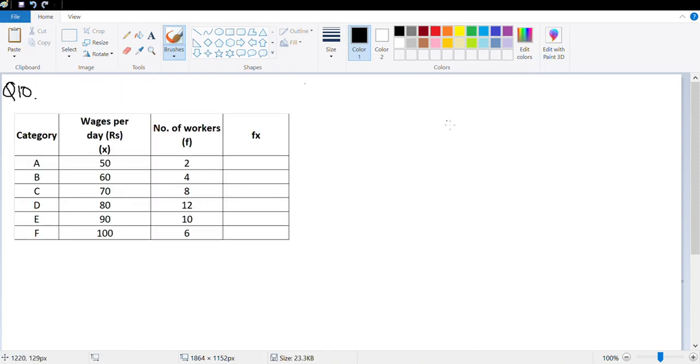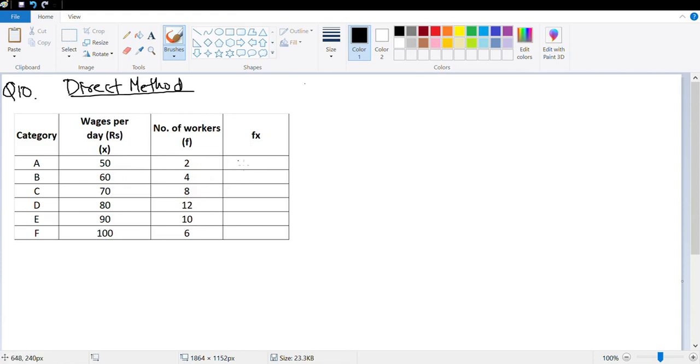The next question we solved is question number 10. So let's look at question number 10. Question 10 says, from the data given, calculate the mean wage correct to the nearest rupee. So let's look at this question. Again, we'll use the direct method. So till now, like I said, there are 3 methods. This one is the direct method. First, the category is just given, the wages, which is x, the number of workers, which is frequency, then I